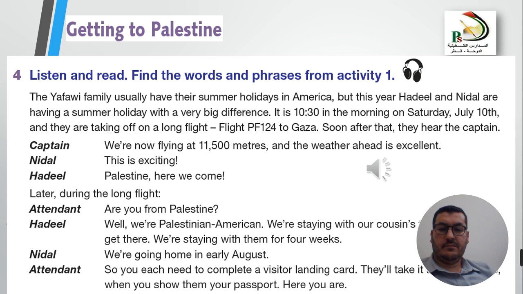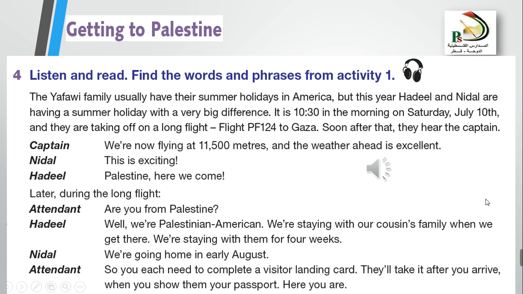We're now flying at 11,500 meters, and the weather ahead is excellent. This is exciting. Palestine, here we come. Later, during the long flight, Are you from Palestine? Well, we're Palestinian American. We're staying with our cousin's family when we get there. We're staying with them for 4 weeks. We're going home in early August. So you each need to complete a visitor landing card. They'll take it after you arrive, when you show them your passport. Here you are. Okay,